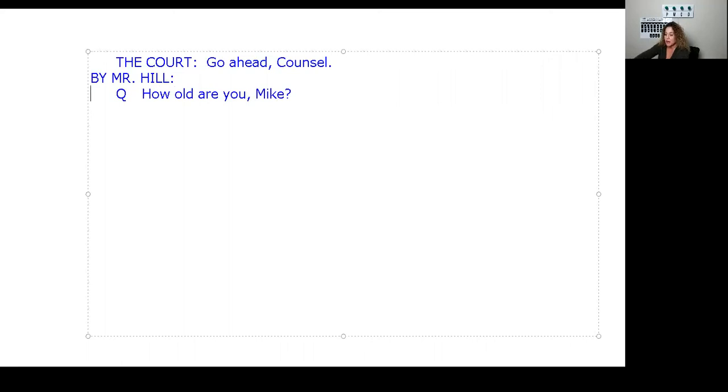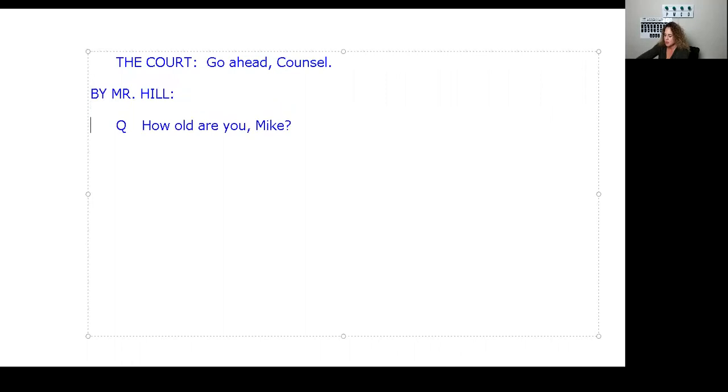And it's always going to be double spaced, so let me double space this. So we've got the correct format. Tab over once. Answer. I am 35.